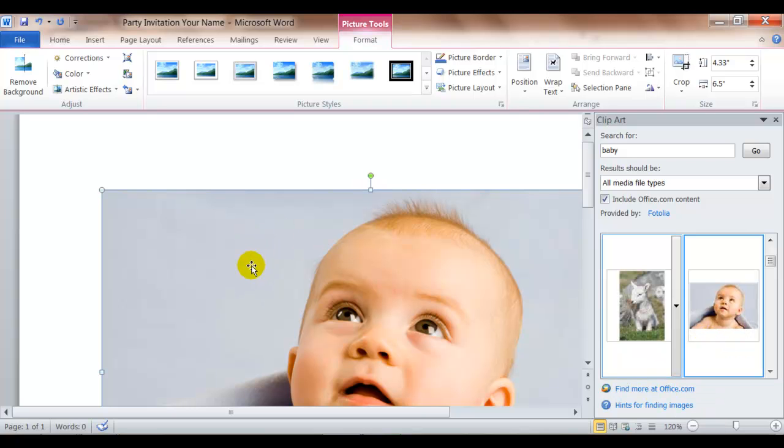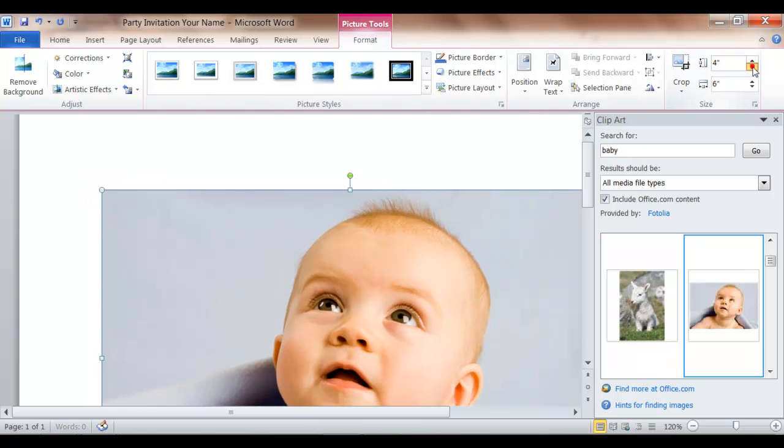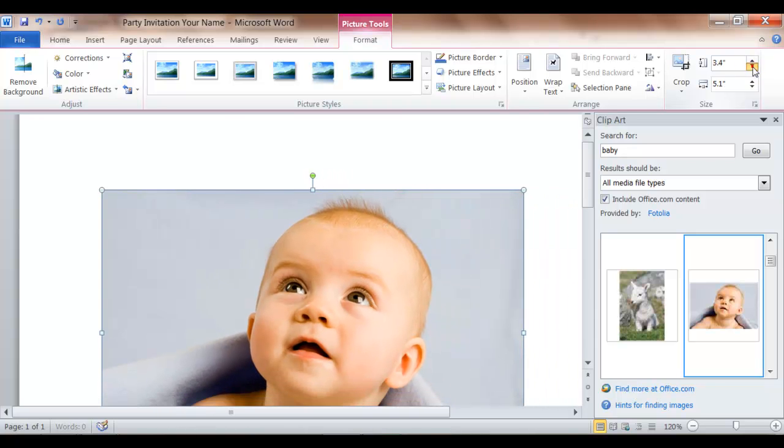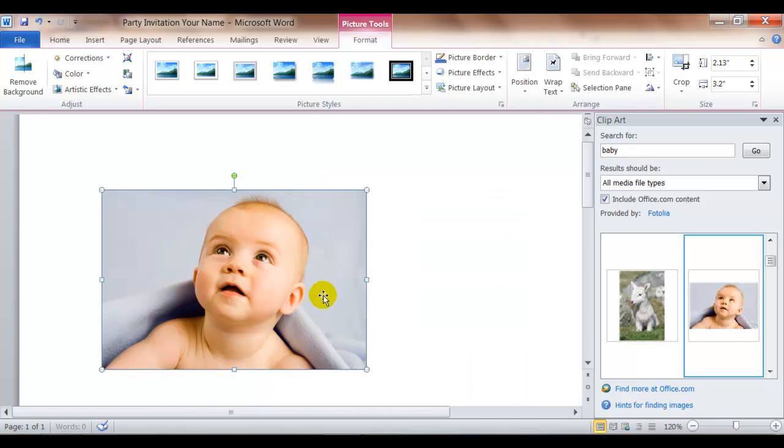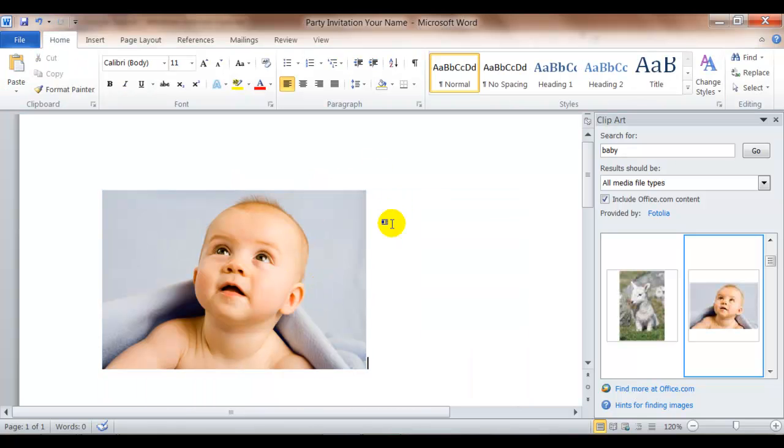Remember, when you insert a picture, if it comes in too big, you can get in the corner with a sizing arrow to change the size, or from the Format tab, you could change the size by decreasing it with the height or the width. It'll stay in proportion. Also, as a reminder, with pictures or